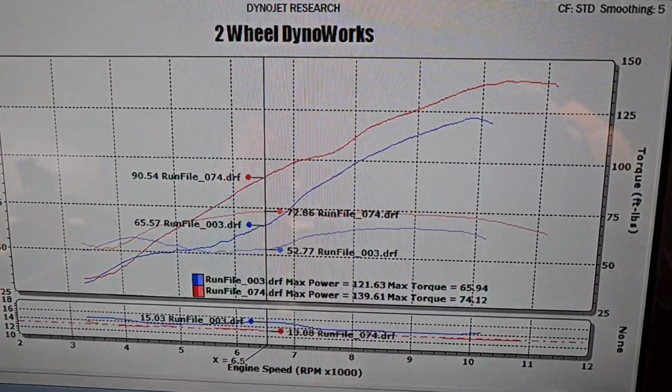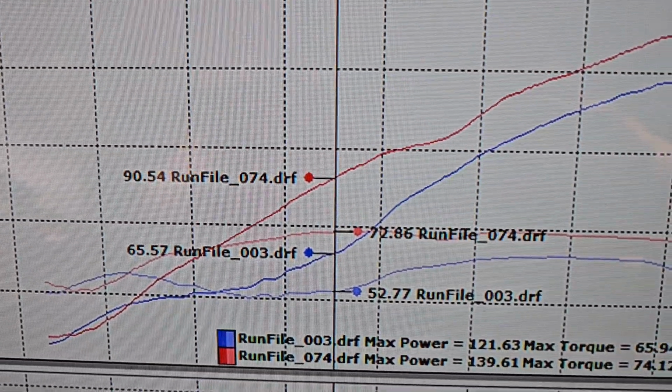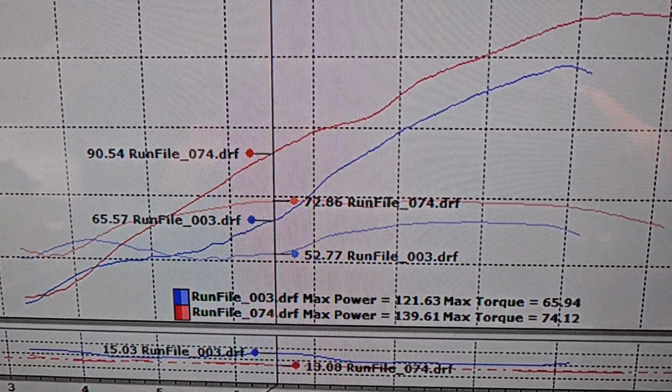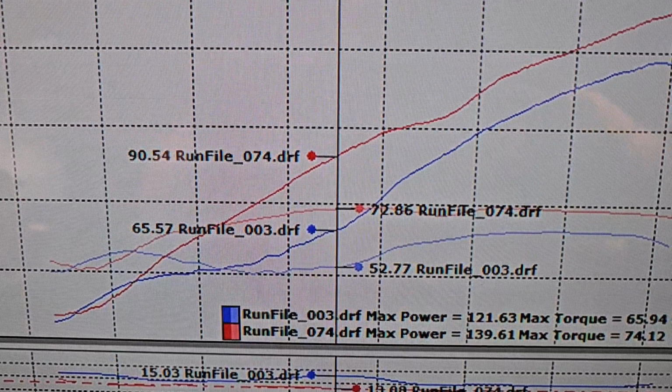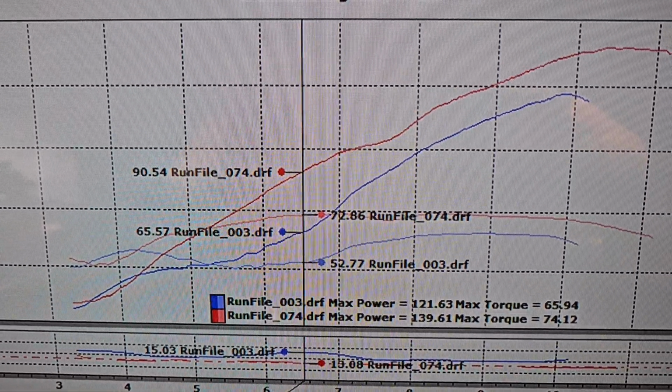Compare that to how the bike runs now with a full exhaust and proper tuning in place, the mid-range gains just don't even look like the same vehicle. The thing was making 52 pound-feet of torque, now it's making 72. So it's 20 foot-pounds and 25 horsepower from 65 to 90, right there in the meat of the RPM range at like 6,500. Now, it should be made very clear that those gains are not just from getting the fuel